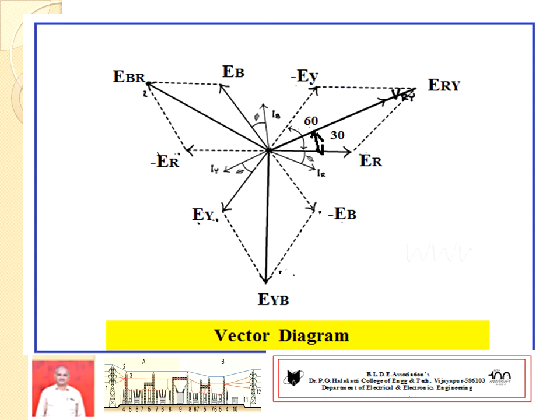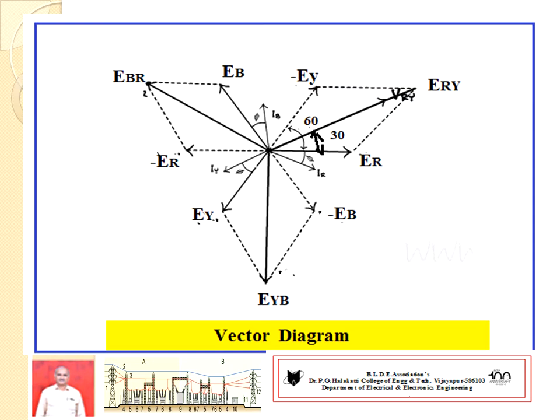Next step, you draw the parallelogram from ER and from minus EY. From ER draw parallel to minus EY. From minus EY draw parallel to ER. Construct a parallelogram. Draw the parallelogram as shown in the figure. You see where these two lines meet. That is line voltage ERY. This is the drawing of the vector diagram, or it is also referred to as phasor diagram.